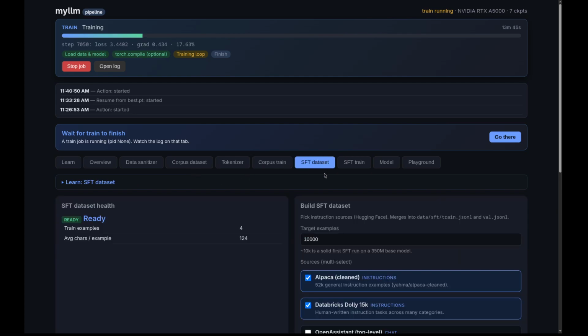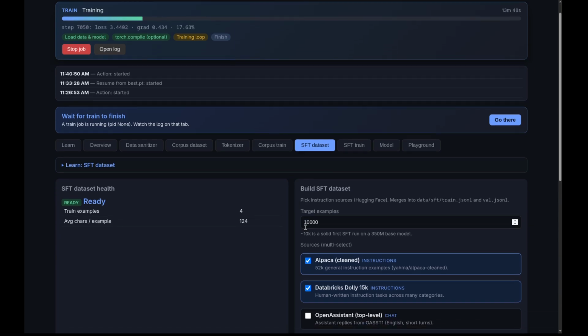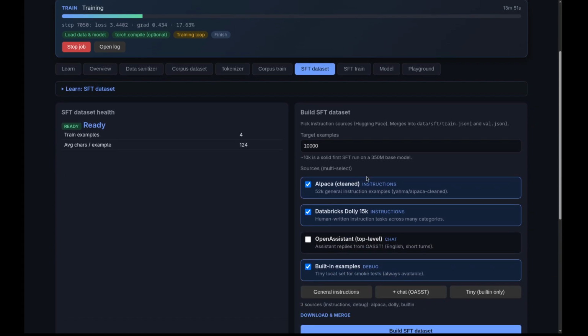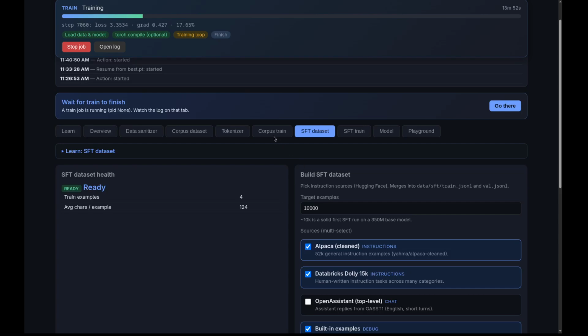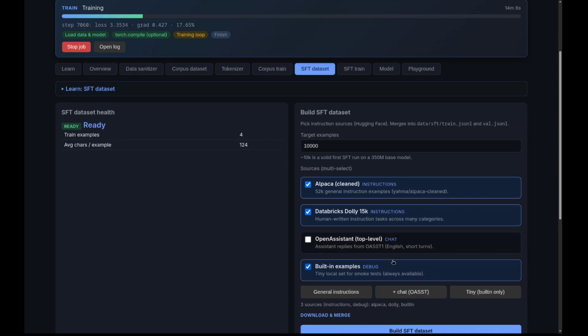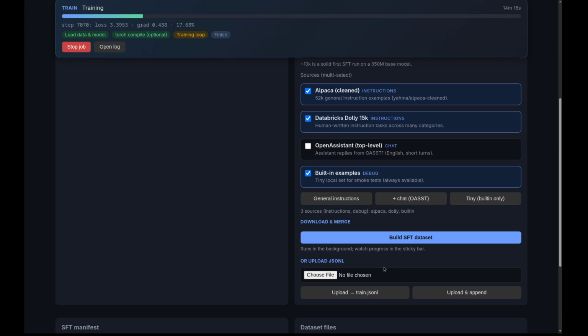And last thing is the SFT. This is basically fine-tuning. So this is something I didn't understand until I did this. But corpus is like your corpus of knowledge. It's what you're teaching it. Whereas the SFT is the after processing. So once you have your model trained and the error rate is very low, SFT is where you go in to then give it instruction. So you're now telling it, okay, I want you to follow directions. I want you to look at how people chat back and forth,